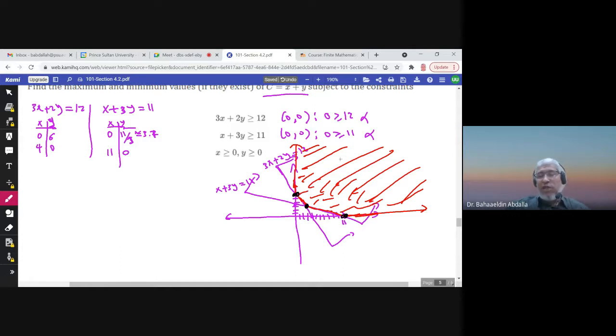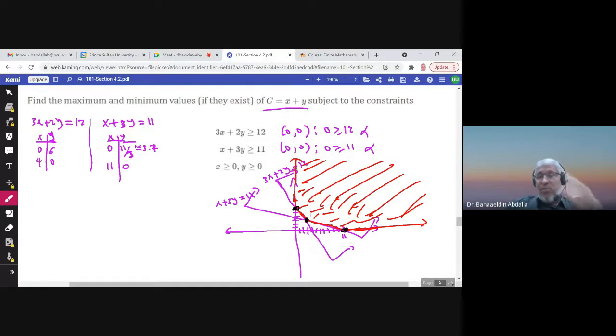Of course, this function has no maximum because C could be maximized at points different than the corner points. Okay, because if you go up, you can find maximum values for C. So corner points are this point, (0, 6), and this point here is (11, 0),